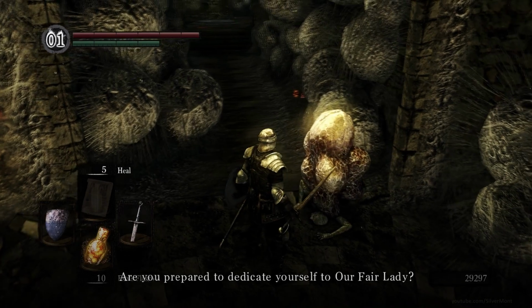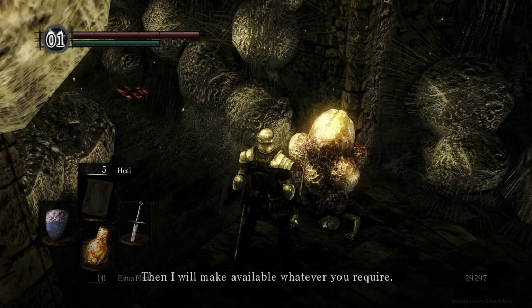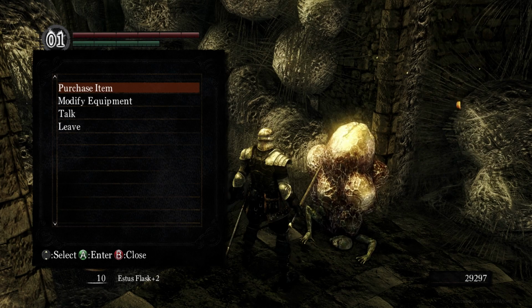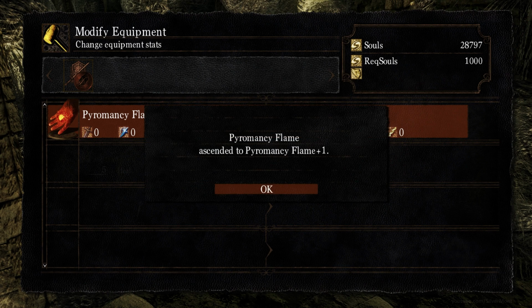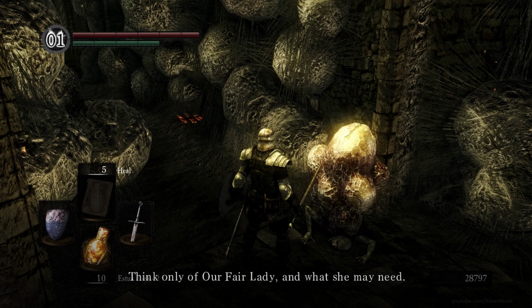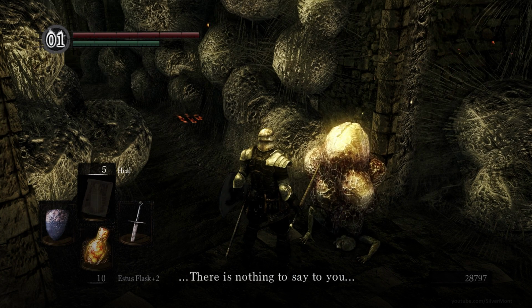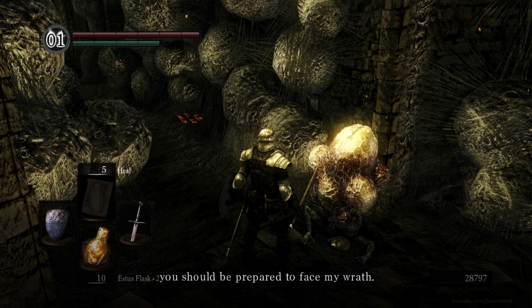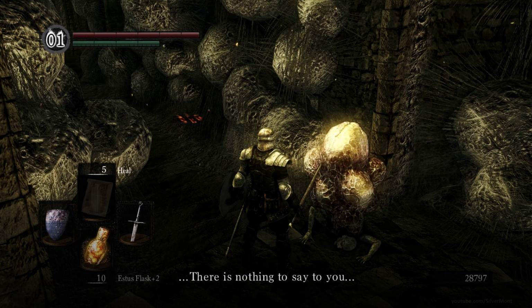Are you prepared to dedicate yourself to our fair lady? Then I will make available whatever you require. If you need something, ask me first. There is no time for idle chat. Think only of our fair lady and what she may need. There is nothing to say to you, except if you lay a hand on the fair lady, you should be prepared to face my wrath. There is nothing to say to you, except...